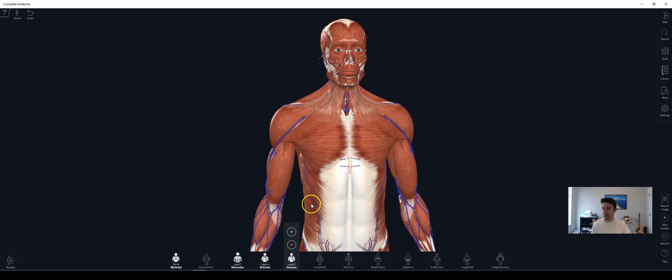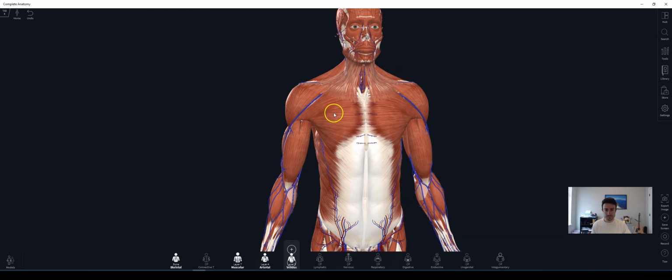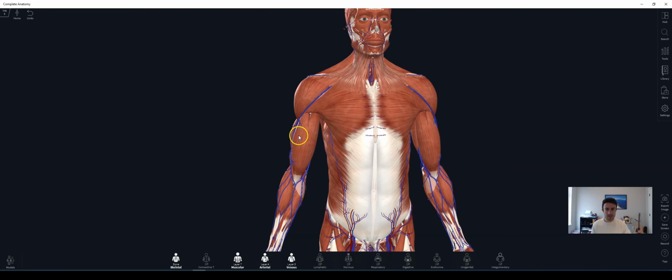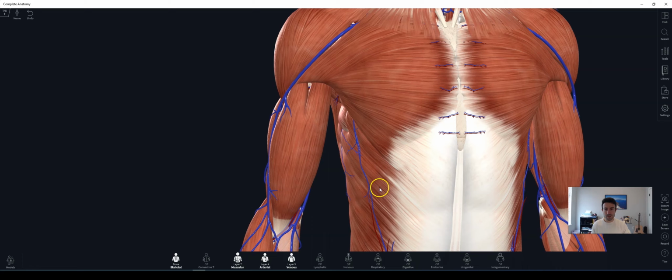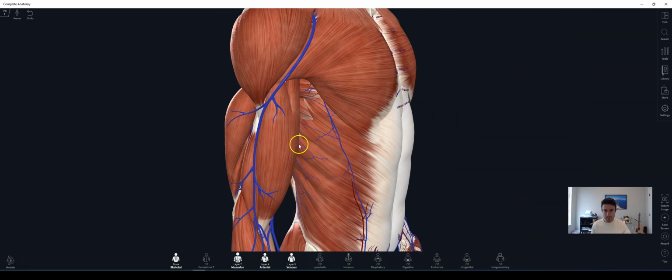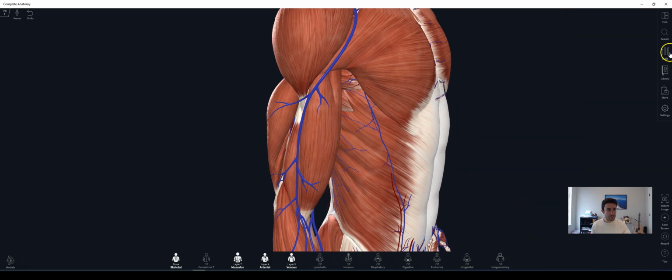Okay, so let's try and apply a tool. I'm going to focus on the upper extremity right here, and I'm going to use the cut tool to cut through the arm right here. On the right hand side of the screen, you'll see tools, and you have a whole bunch right here. So we're going to press cut,